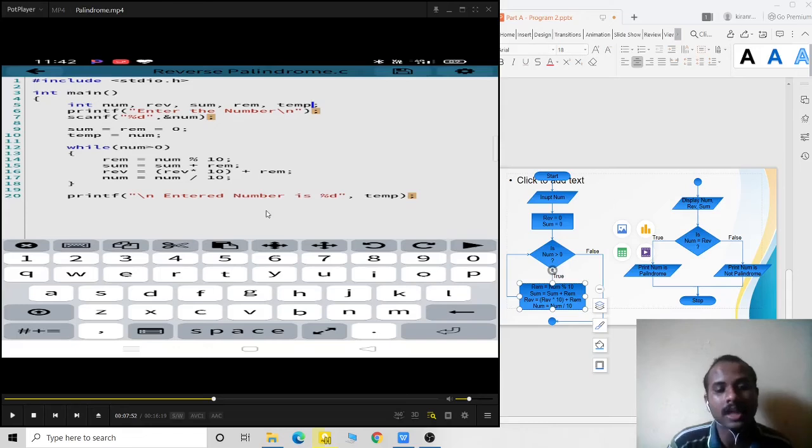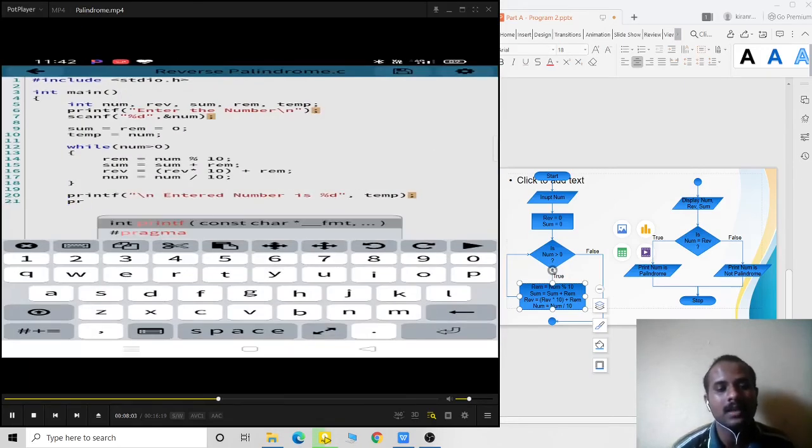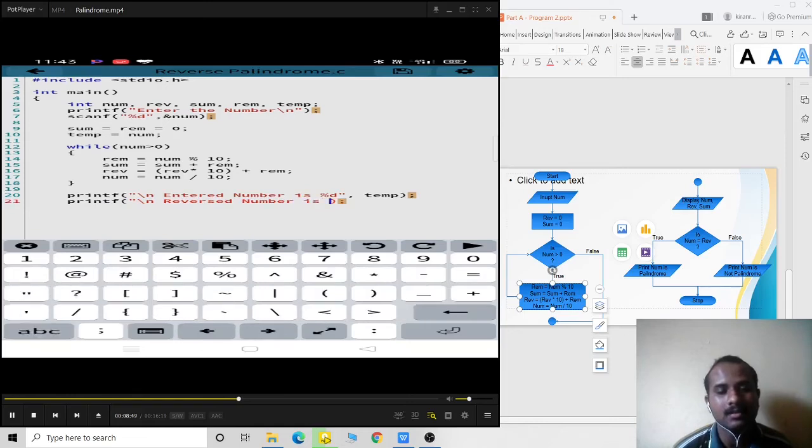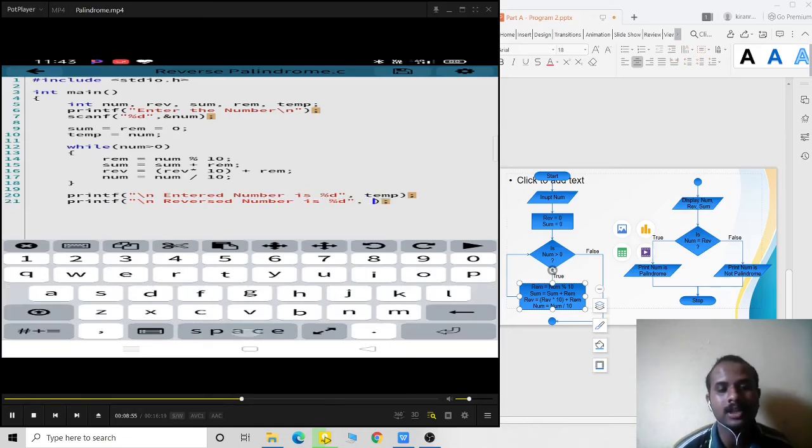Because to check whether the number is palindrome or not, I should have the original number also, right? So I'm storing that in the temp. So the entered number is temp, that is the original number. Later on I'm printing the reverse of it, and after that, I'll be printing the sum of it.